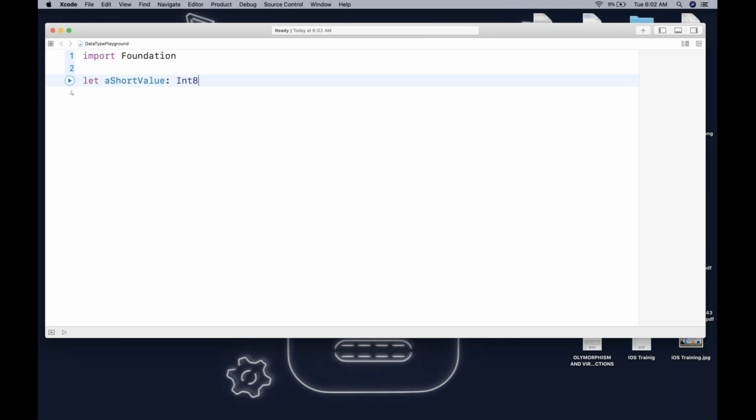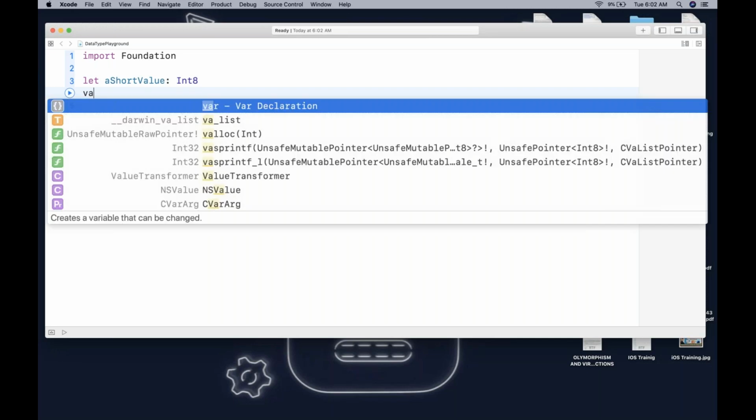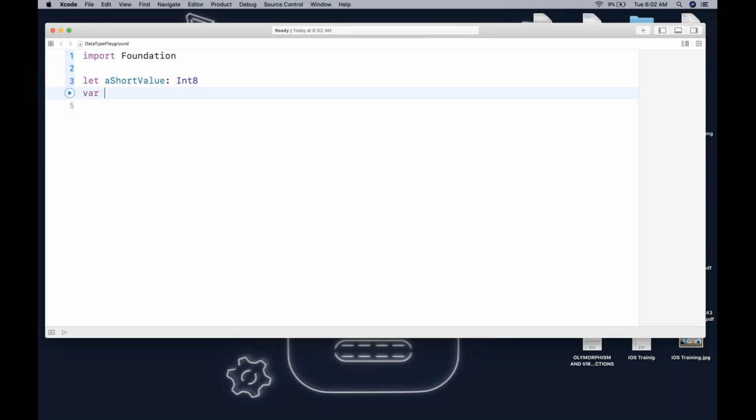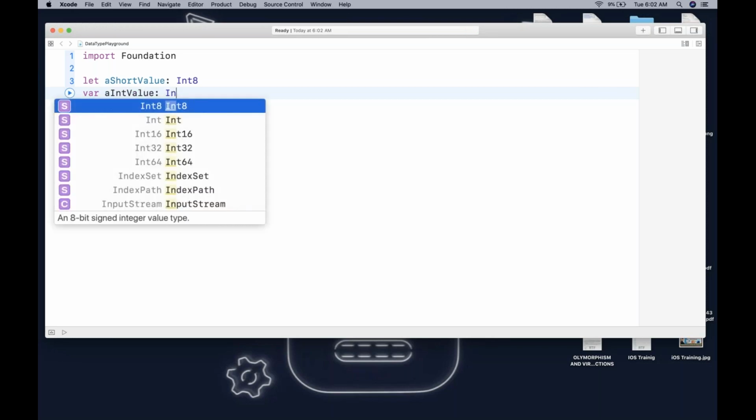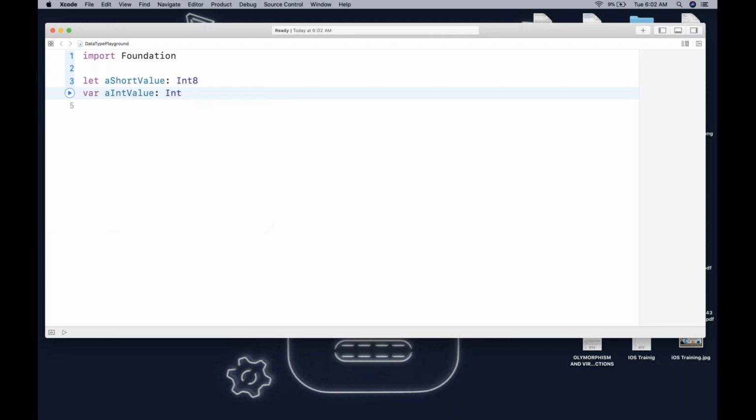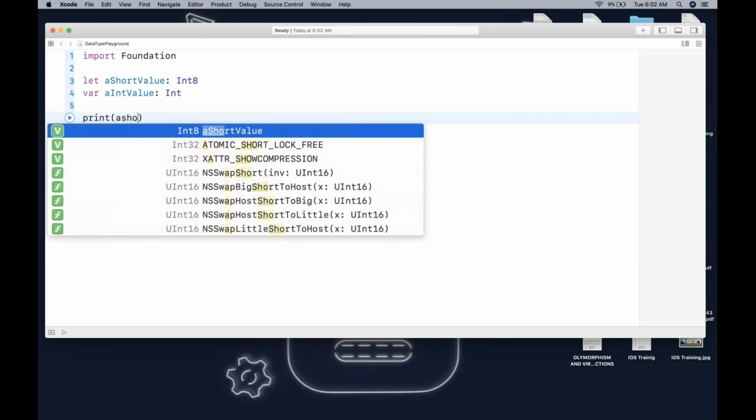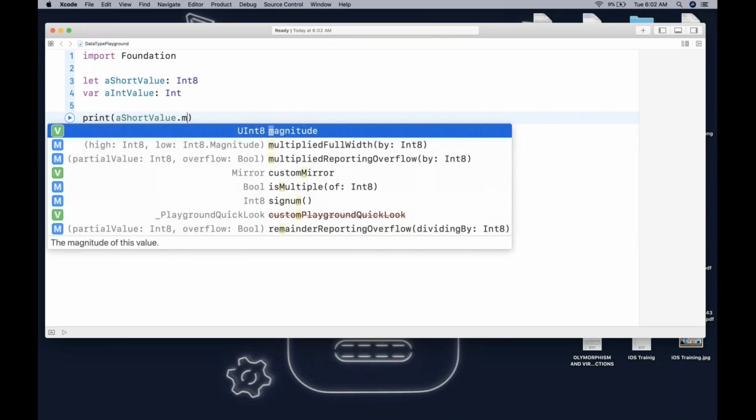So let in the sense it's something like it's defined. Then var, an int value where I'm creating Int. One is 8-bit, another one is an integer. Then I will say print a short value dot